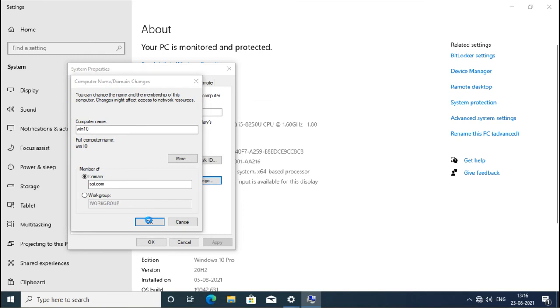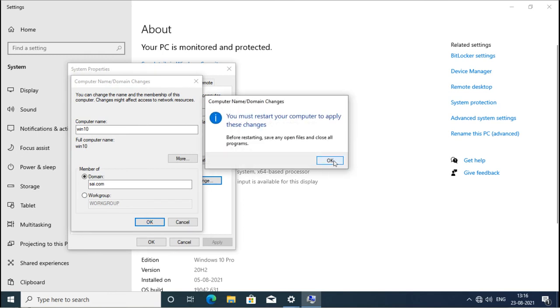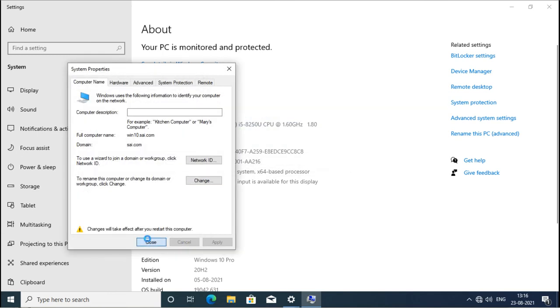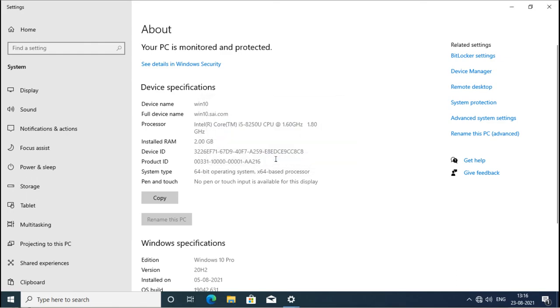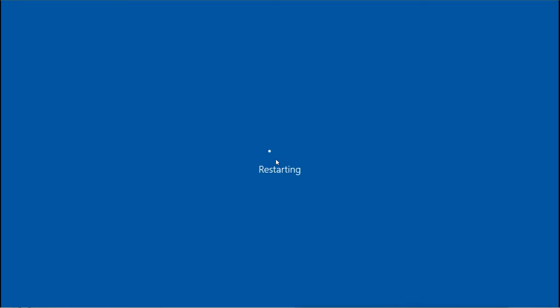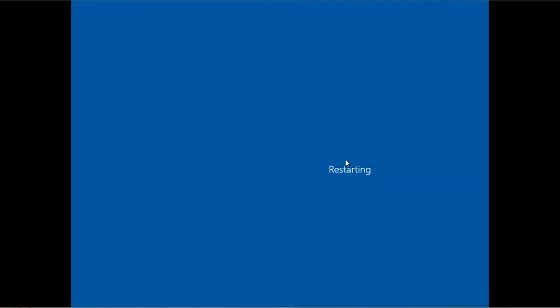I say OK, and it is saying you need to restart, and it is now restarting. After the restart, it will become a member of our domain. An account for this machine will be created in the computer container.